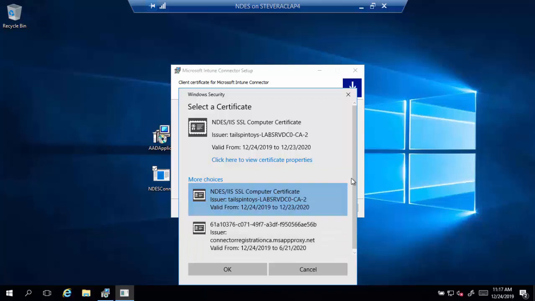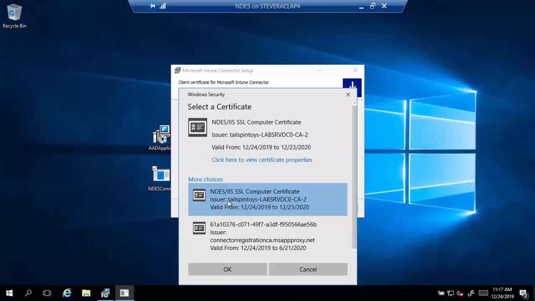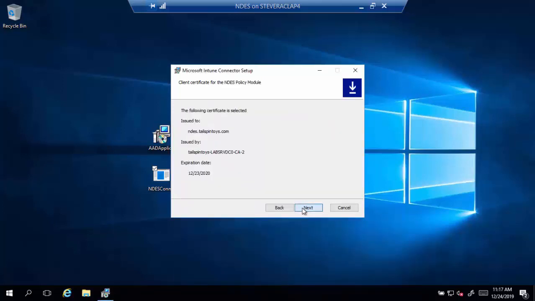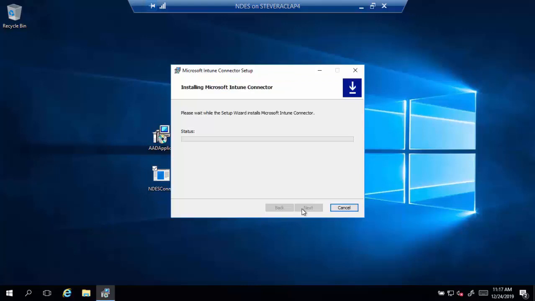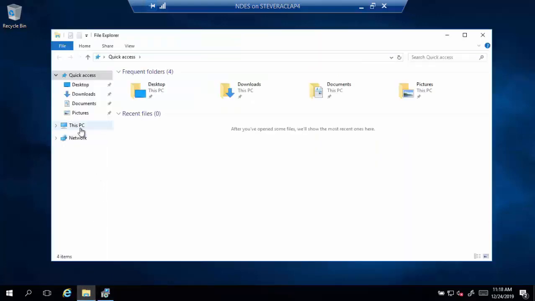But if you need to browse, then you can see other computer certs that are available. But I'm good with this one, so I'll just hit OK and click next and install. So we will install, and then the last page I want to configure to launch the setup when I'm done. But as before, if I forget to do that, then